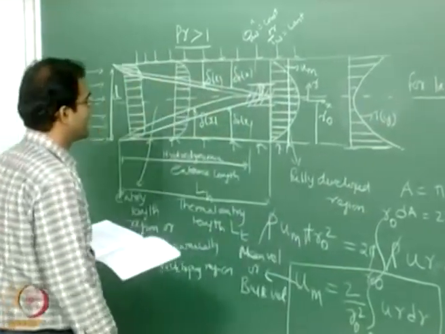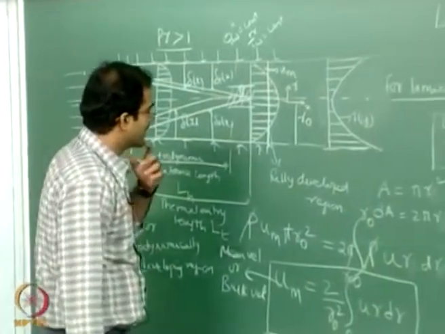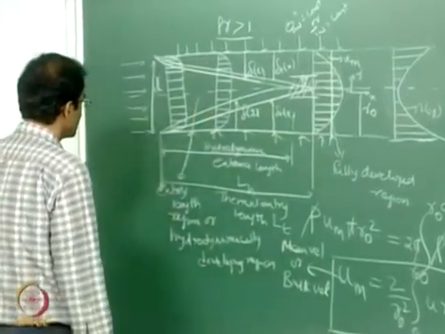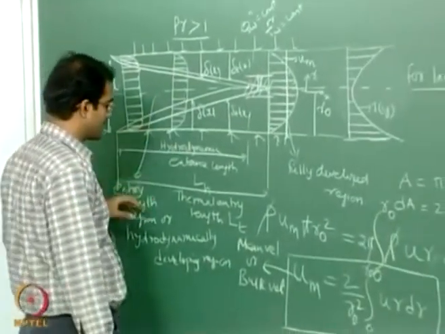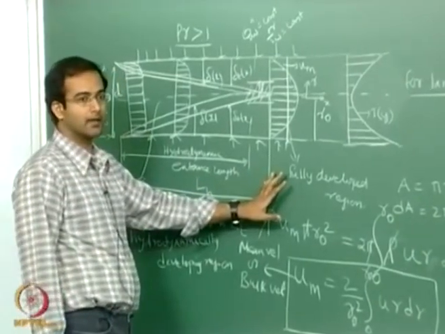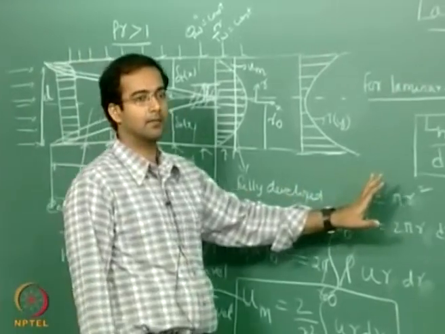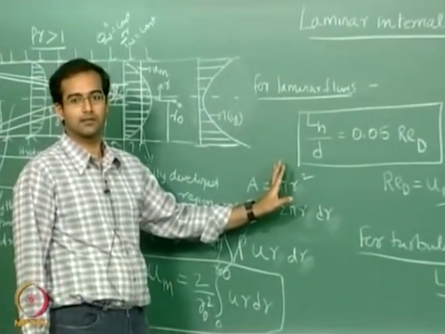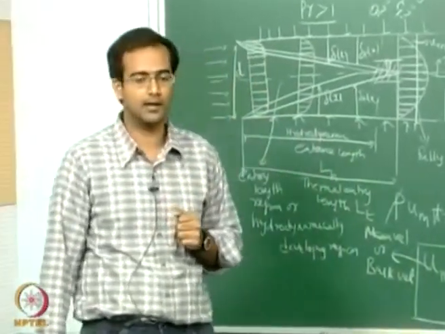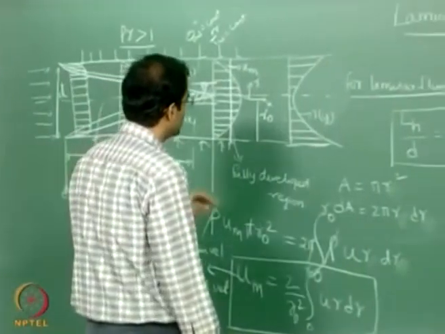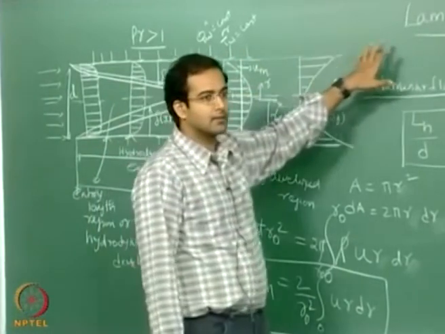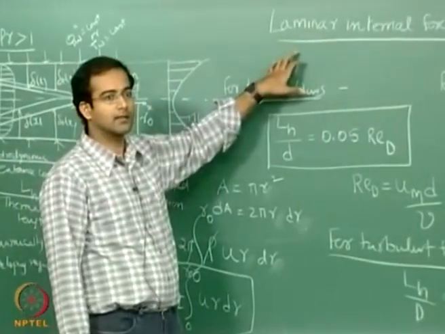Y. So now when you say that you have a hydrodynamically fully developed region and a hydrodynamic entry length, similar to that you have a thermal entry length, and you should also have a thermally fully developed region, just analogous to your velocity profiles, where the velocity profiles are invariant of the axial location. However, you can very clearly see when you apply heat transfer,